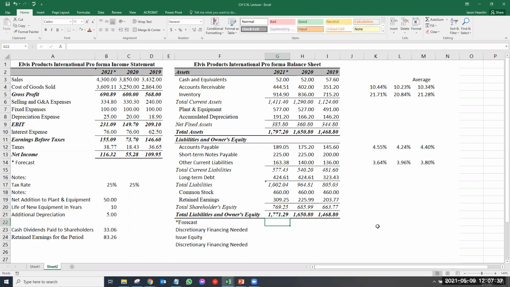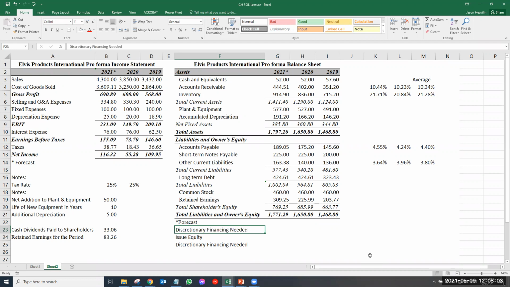And now we have forecasted that piece. However, this is something you always have to pay attention to, and this is normal. What happened here was that total assets is supposed to be the same as these two together, but notice there's a difference. So now that's where discretionary financing needed, or additional funds needed, there are many ways to call this, comes into play in order to make the balance sheet